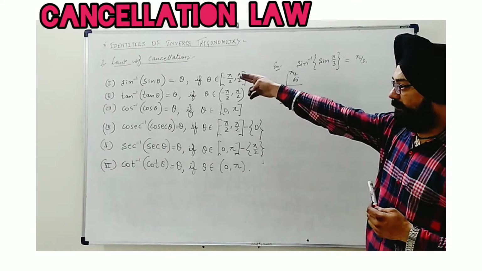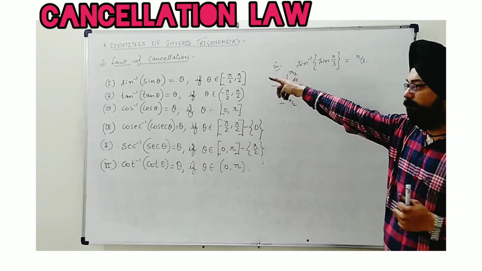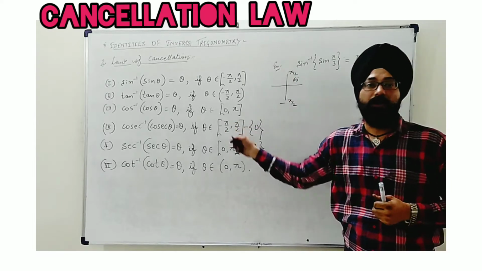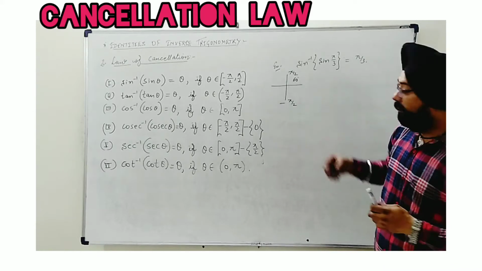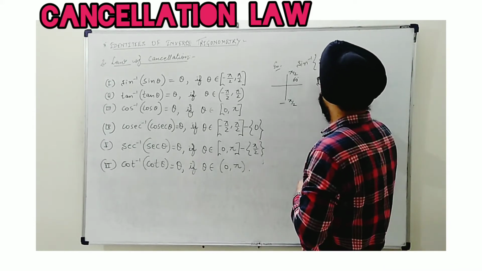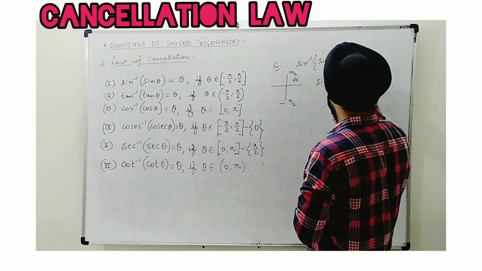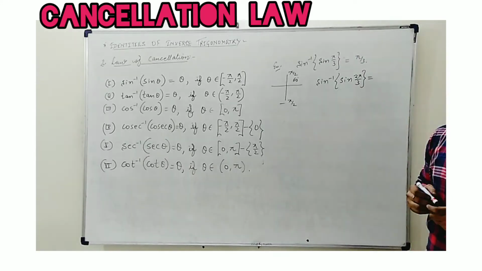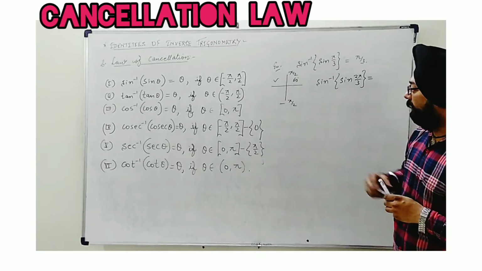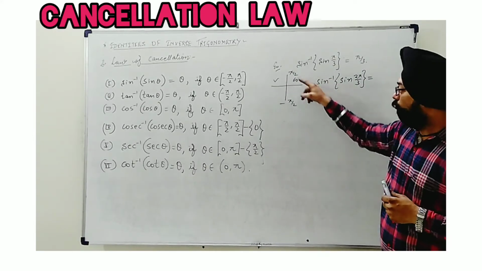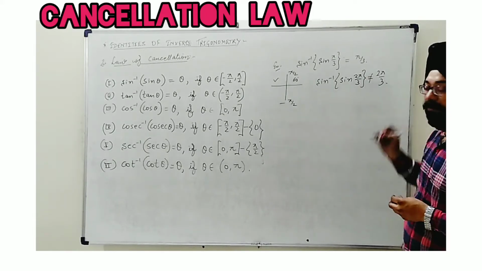Okay, we can mention this rule. Not only with sine, those groups which have the same principal branch, sine inverse, tan inverse and cosec inverse, in all those 3 cases we have to see this range only. But suppose reversely I find sine inverse of sine 2 pi by 3. As we see, 2 pi by 3 is 120 degree, which belongs to the second quadrant. It's beyond the range of this principal branch. So we cannot cancel them out. This will not be equal to 2 pi by 3.